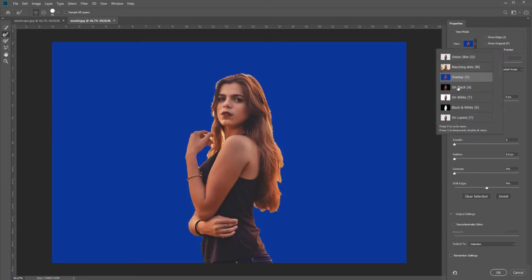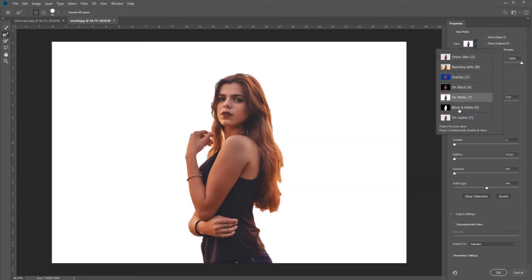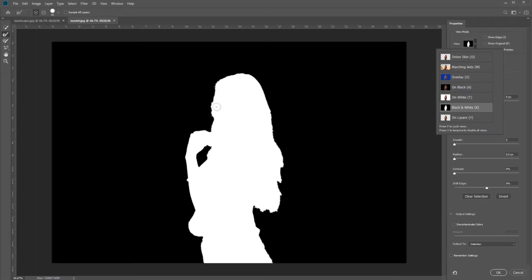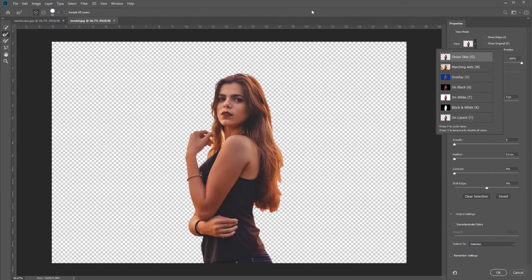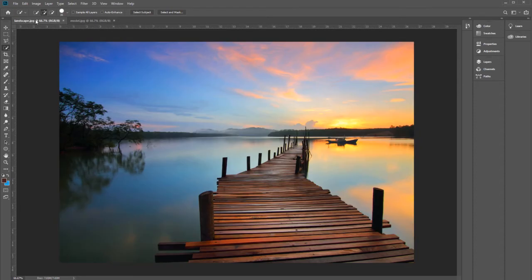And we can also just say on black, on white, black and white, which shows the edge a little bit better here in this context. And then on layers. Now I'm going to layer this first. So I'm going to go ahead and click Cancel and select the landscape file, which is in the support files